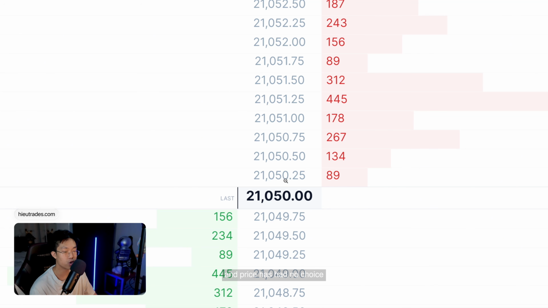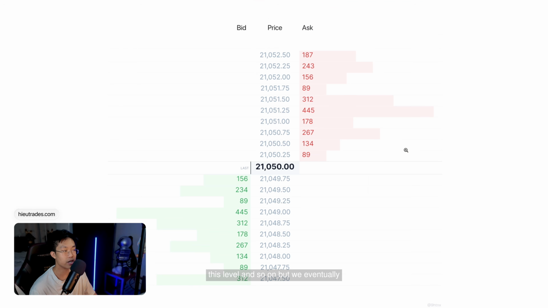And price has had no choice but to move and find the next seller to fulfill any new demand from buying. If this keeps happening, if aggressive buyers keep reaching up and taking sellers, they will work through this level, and then this level, and so on. But we eventually, and this is something really important that you have to note,